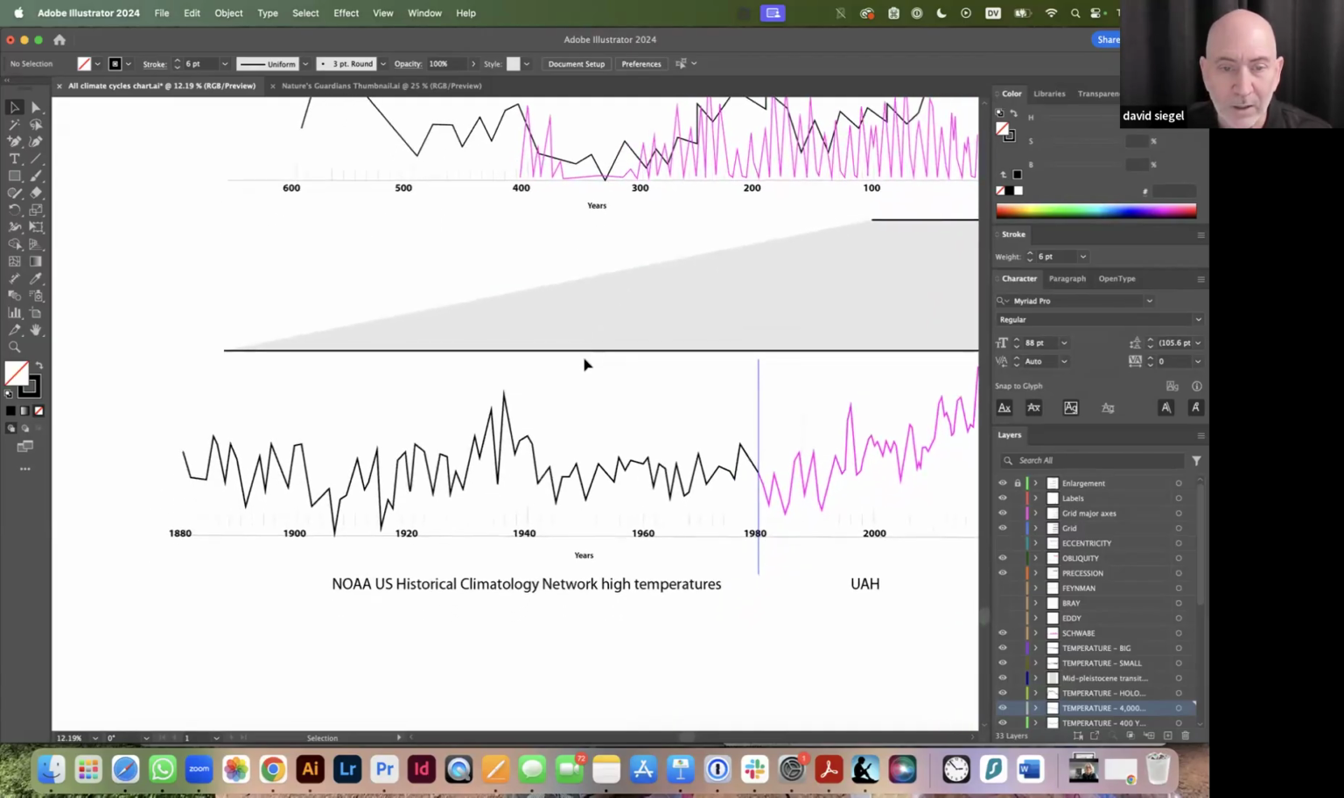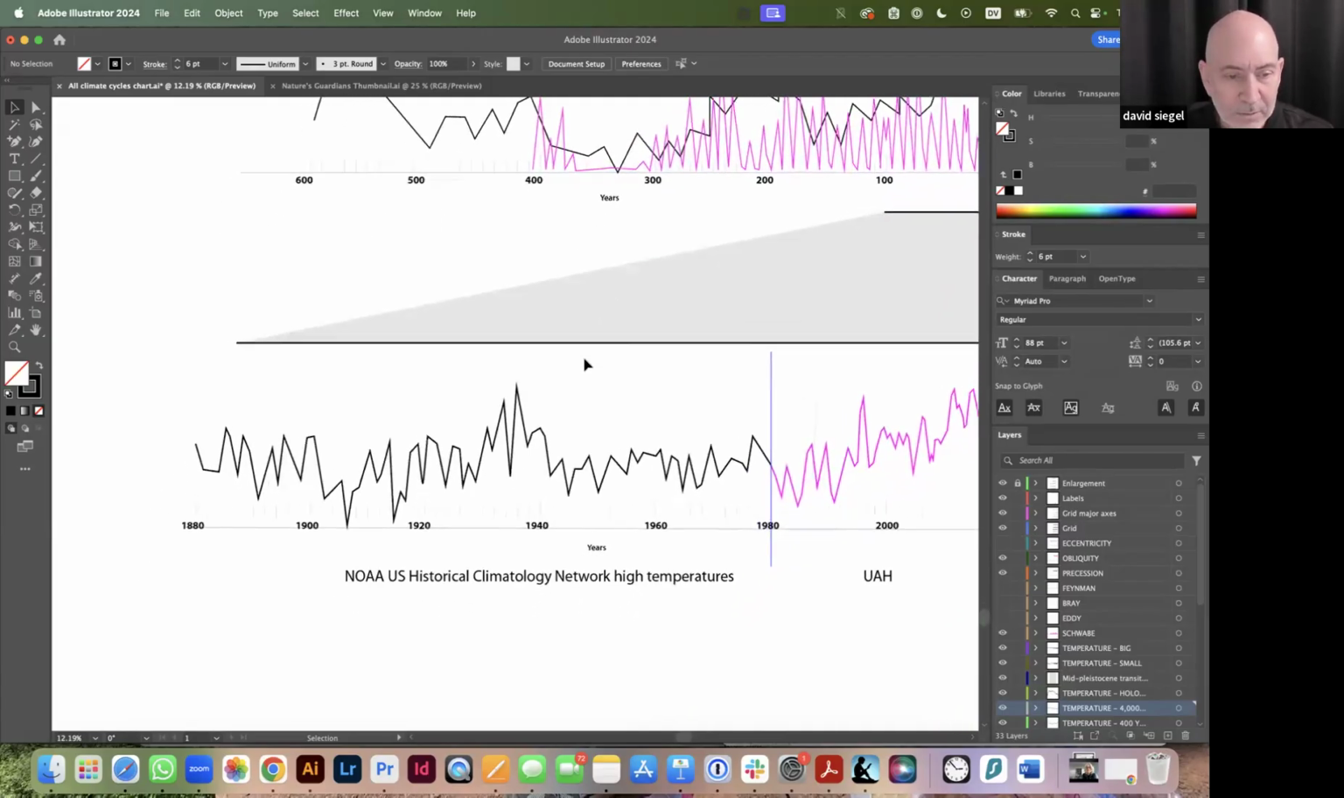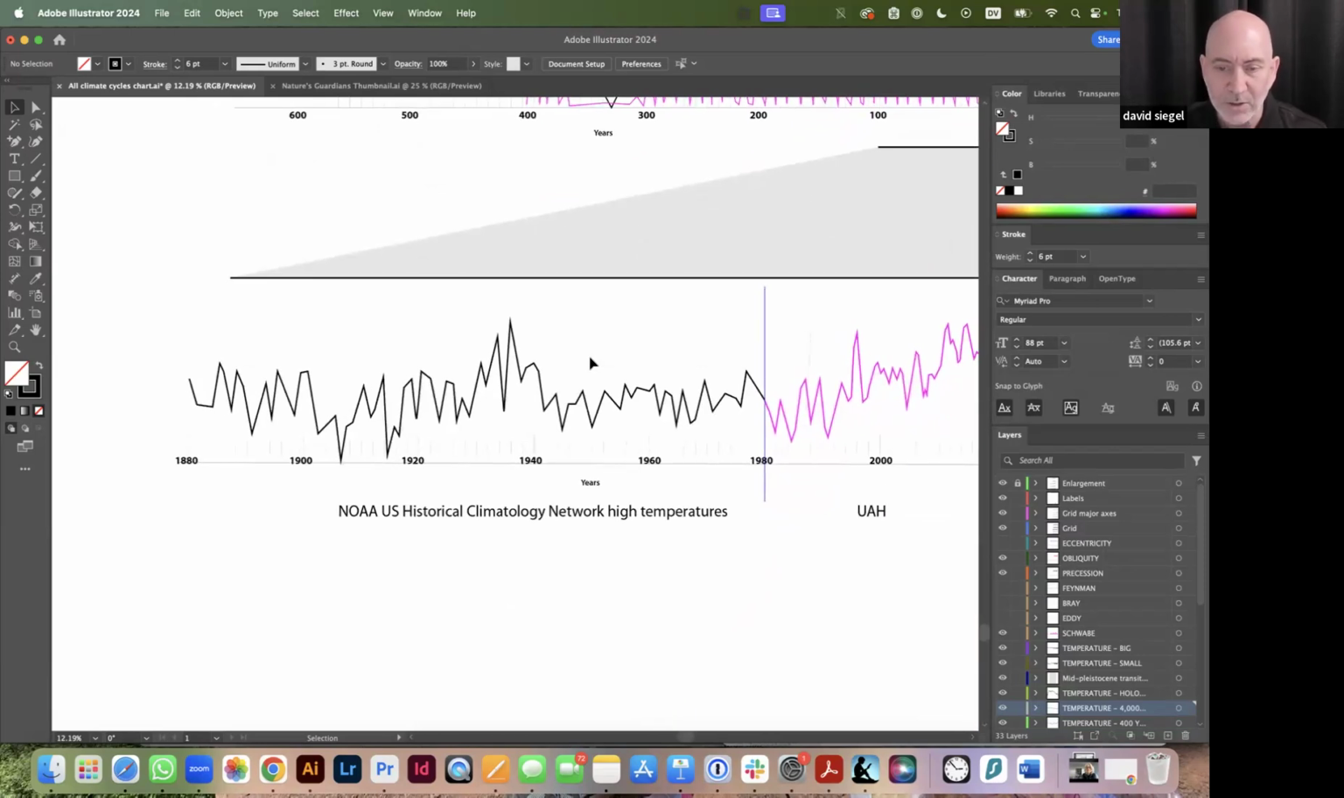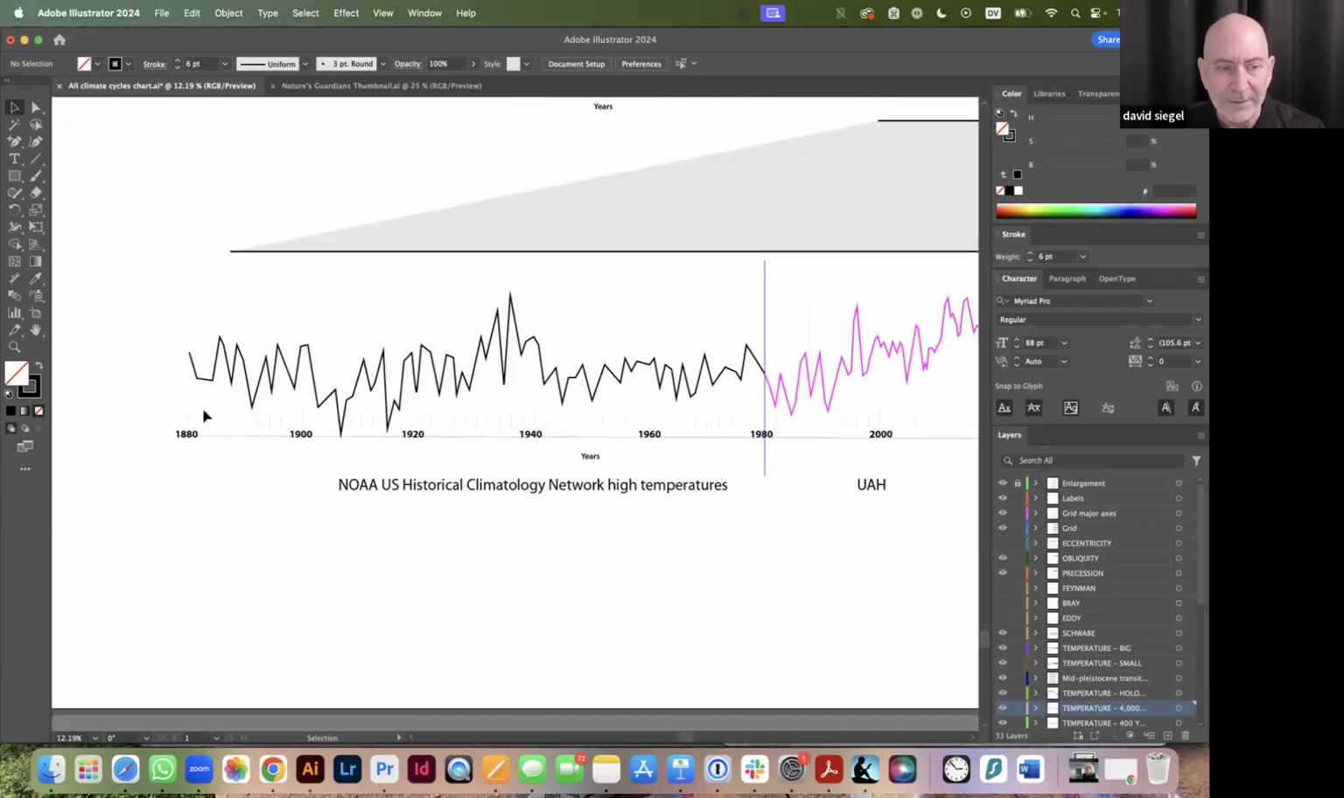Now we are reaching the last mile. This is the last 120, 140 years. This is data that I've carefully constructed from the US, and probably a lot of this is also just from the Global Historical Climatology Network. This is a bunch of weather stations that have been keeping careful track of